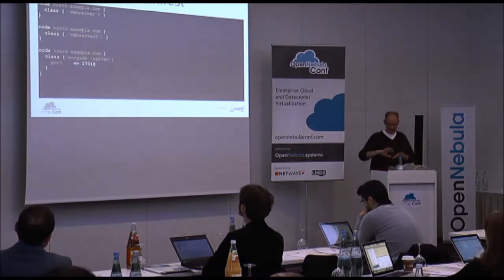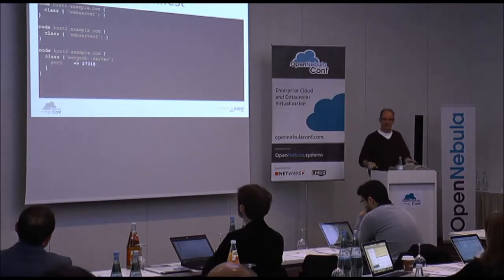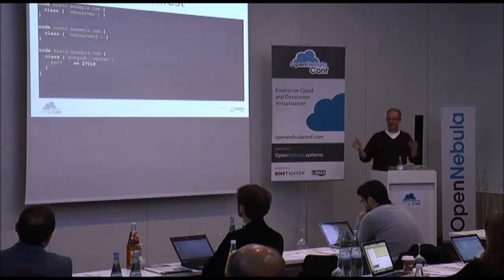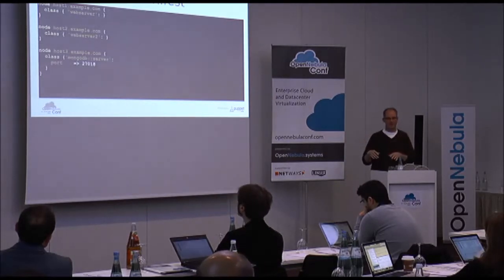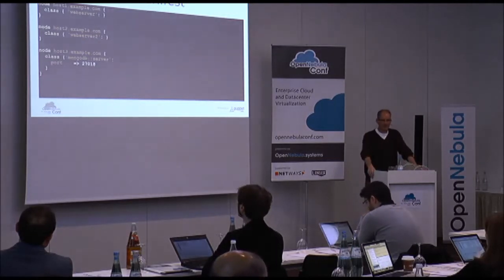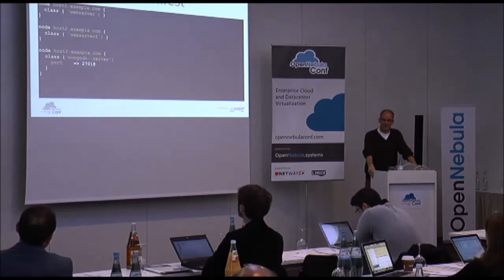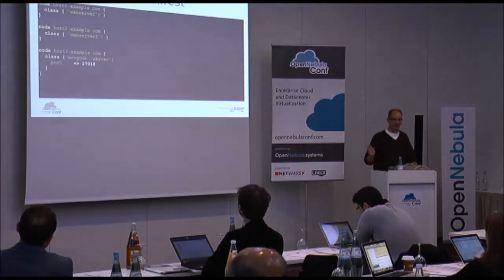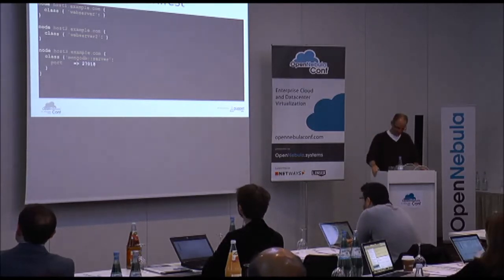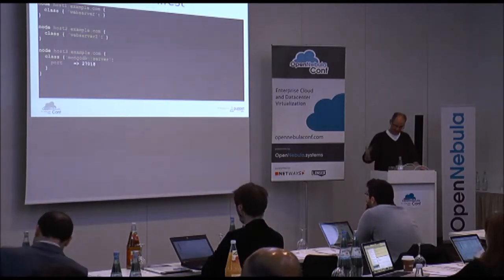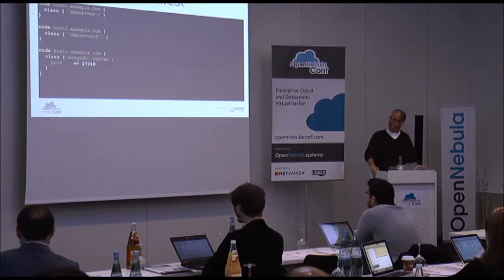So since you've decomposed what configuration means to you into these different roles, you need a way to assemble these different aspects of a system's configuration: NTP, and it's a web server or it's a database server. And you do that with these node statements here, where we say host 1 is a web server and host 2 is this slightly different web server that we just saw. Host 3 is running a MongoDB server. I had to throw MongoDB in here because no talk would be complete without mentioning MongoDB. Again, this is not necessarily the best way to do it, but it's the easiest to put on a slide.